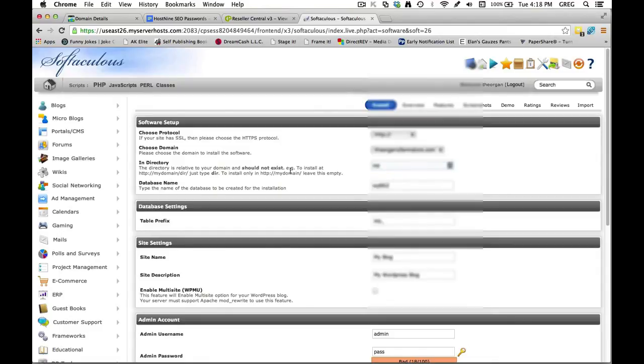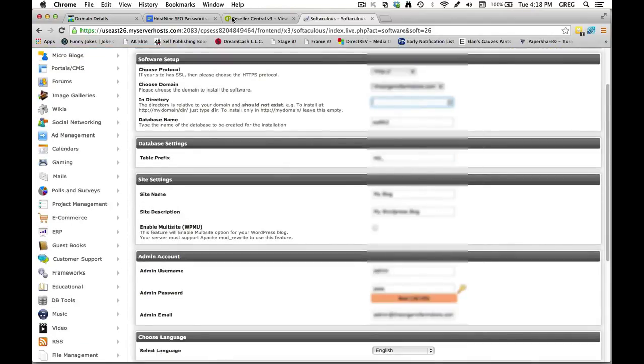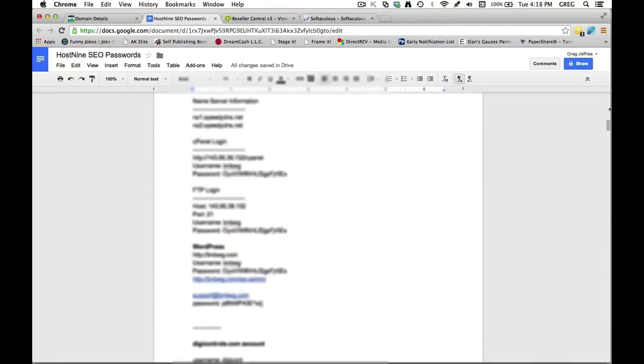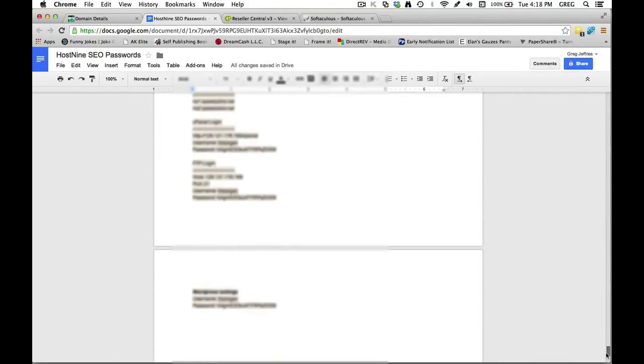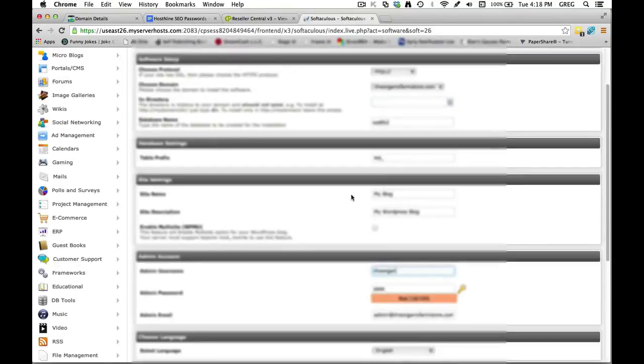In directory, it tries to put it in a WP directory. I always delete that, so it'll install WordPress on the actual root domain itself. So I always remove WP, come down here, and then I refer back to my document of my WordPress settings here, which again are the same. I use the same as my FTP login so that I can set up these domains and hosting in about 3 to 5 minutes. So I'm just going to copy the same username, come over here to admin, paste that,